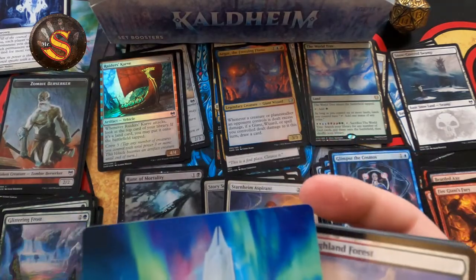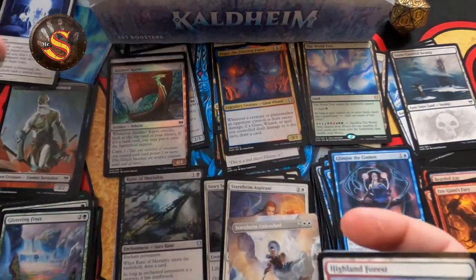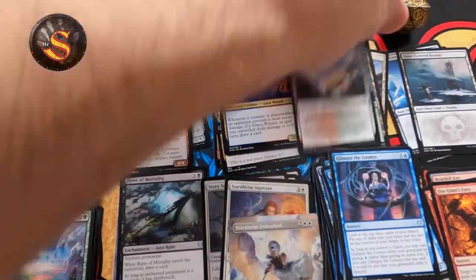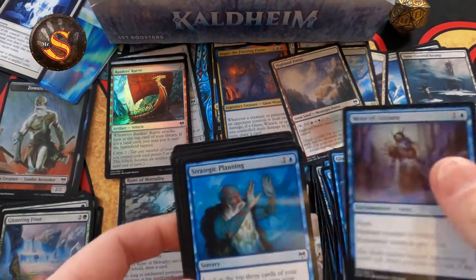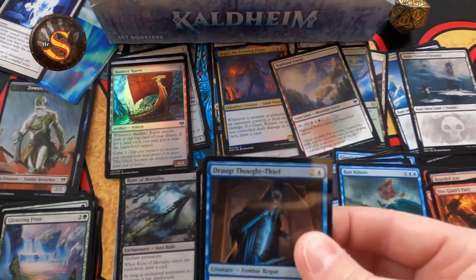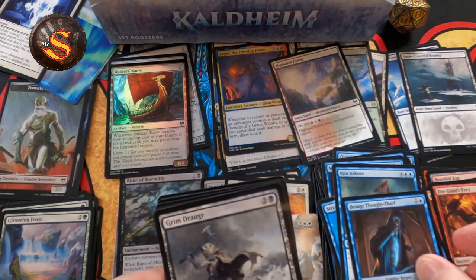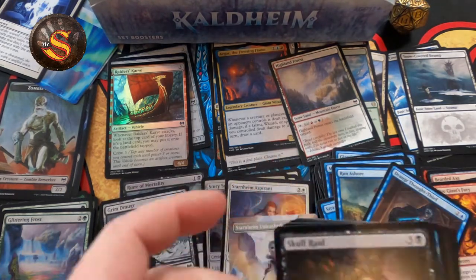Oh, the Gates of Istval, Starnheim, one of those. No signature cards yet. Highland Forest. Mists of Listjar. Strategic Planning, Run Ashore, Draugr, Thought Thief. So, Draugr is supposed to be another word for zombie, am I right? Am I getting that wrong? Grim Draugr, I mean, every Draugr I see seems to be a zombie. Skull Raid,